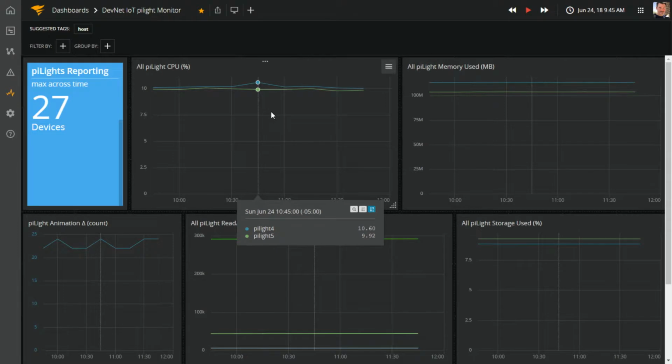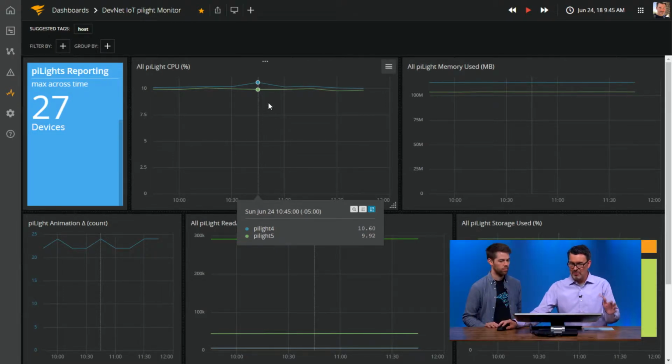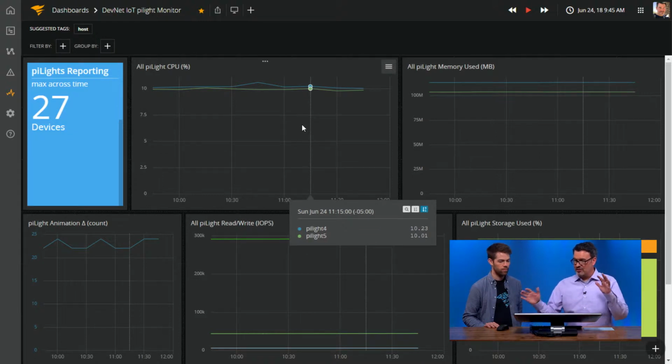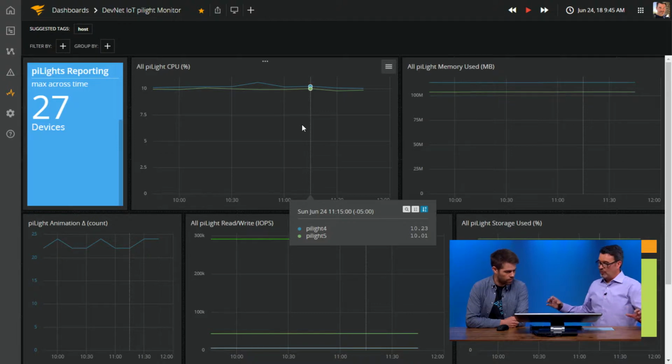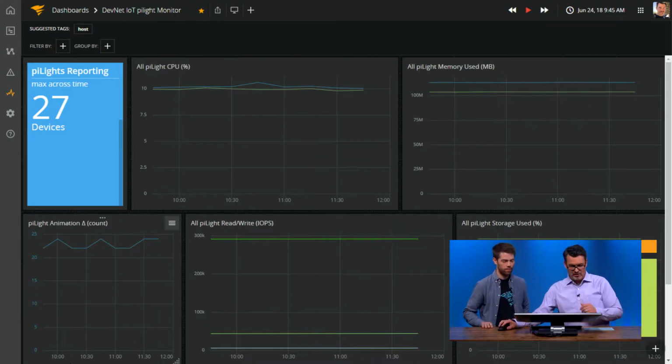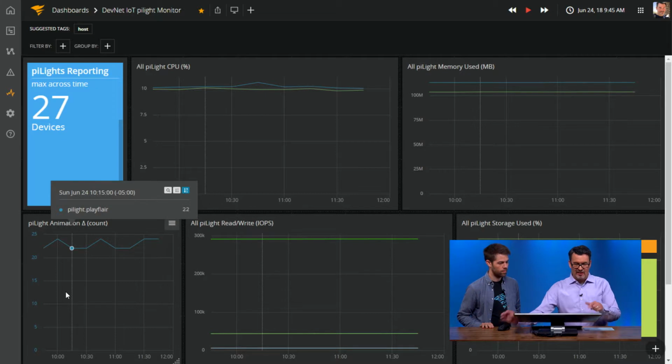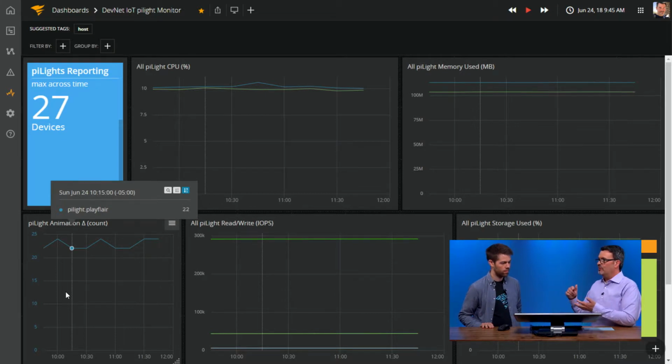Well, this is the view, and I got to show this at Cisco DevNet. And this is the thing that really converted me to thinking about this approach, because in this case there's a whole bunch of them running, right? So up here in the upper left-hand corner, I've got the number of Raspberry Pis that are connected. And then I've got information about how much memory, CPU utilization, all the resources that they actually need, wherever they are in the world. And I'm also getting read, write, and storage. But down here, I'm getting the rate of change of the number of animations in each one of those